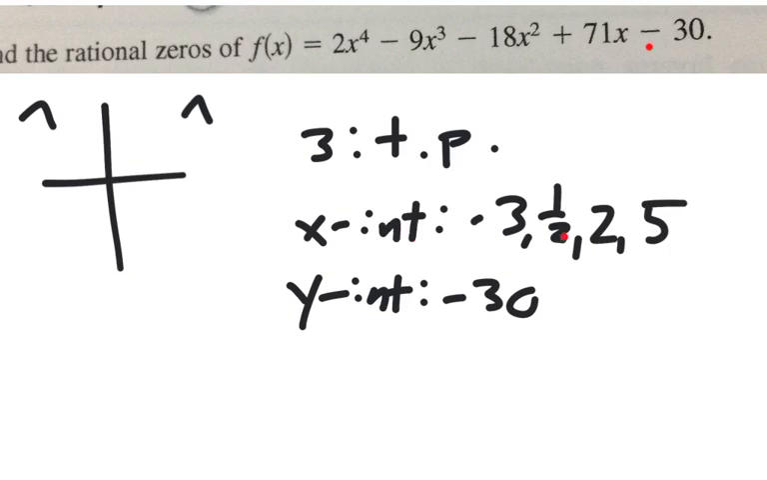And now the other thing we can look at is multiplicity. So every one of these x-intercepts only happened one time. So that means the graph is going to cross every one of these x-intercepts. So when I take all that information and graph it,